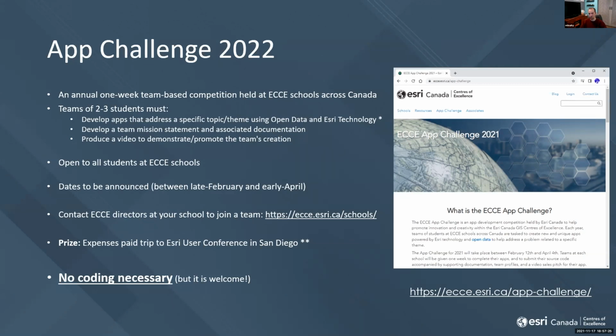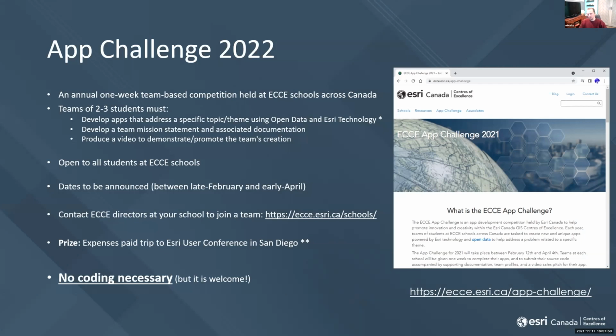Obviously, the past couple of years, that was a bit of a challenge. Next year is supposed to be another in-person event. That's what they are planning. We'll see whether or not that pans out, whether there will be issues with travel constraints, in which case we'll do what we've done in the past couple of years, which is substitute with a cash award.